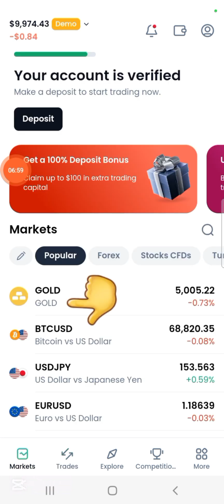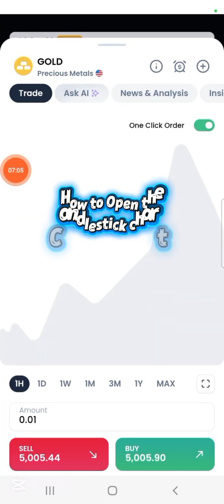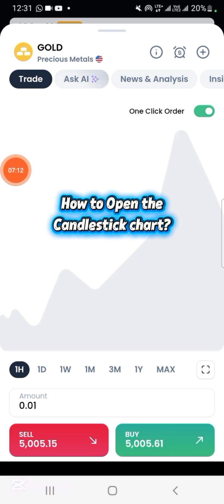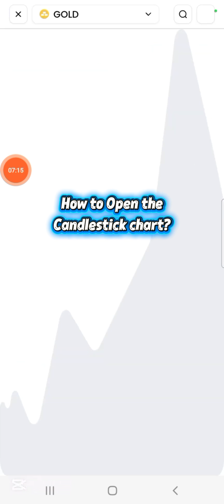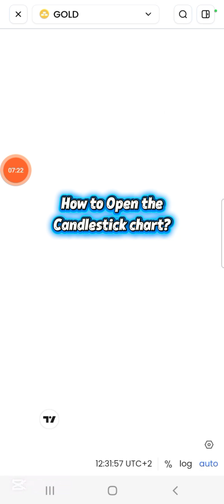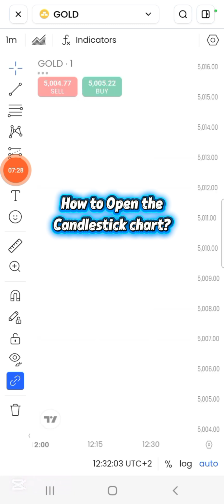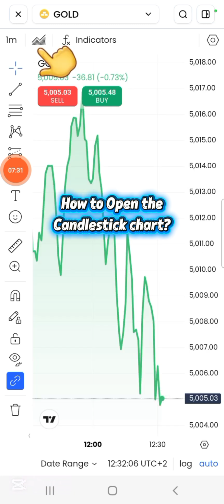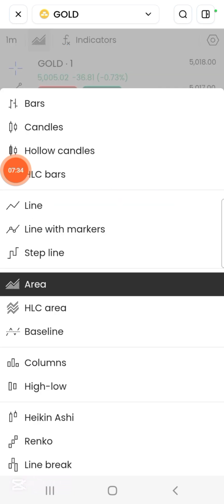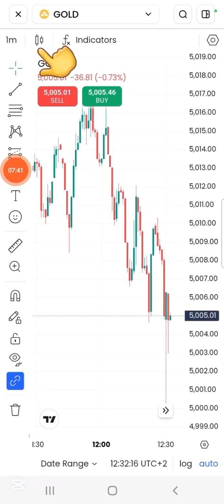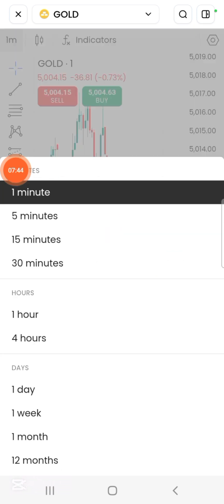So let's say you want to analyze gold, for instance. You click on gold. And then at the bottom there are time frames, just click next to max, it lets you view it in full screen, and see it on the TradingView platform, because it is integrated with XM. So you will see it appears the way you are used to, with candles and indicators. So here you can draw, you can do anything. For instance, let's say I want to change this to candles. This is exactly the way we are used to, or change time frame.